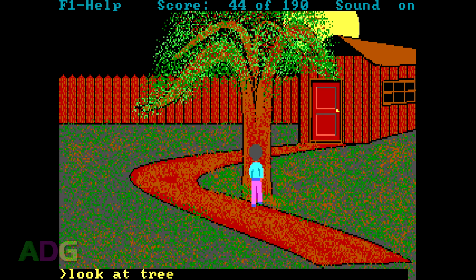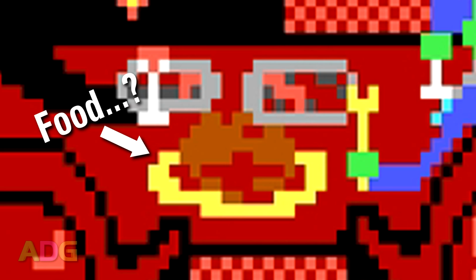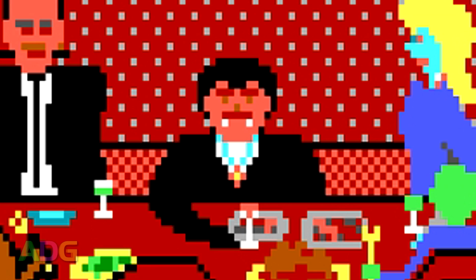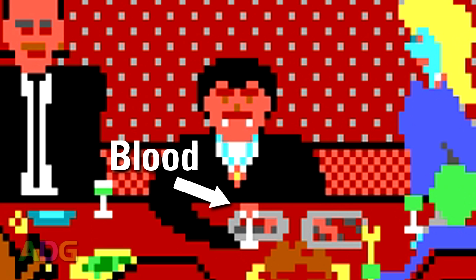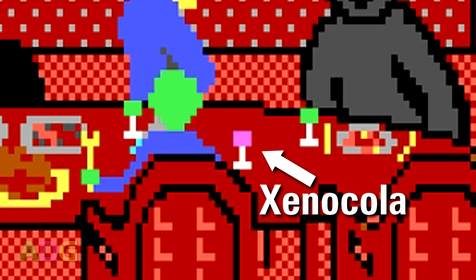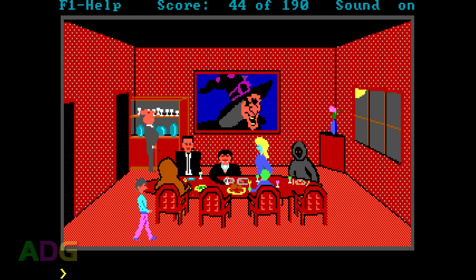Not that you simply want to use that item. Anywho, here's a room with some spooky guests, all sitting around the table eating, food? Also, I like how the drinks are surprisingly well coordinated. The vampire has a red drink, so it's clearly blood. Alien's being a rebel and drinking something purple, and yes, it's an alien, I hex edited the executable to figure that one out. And as for what everyone else is drinking, it's